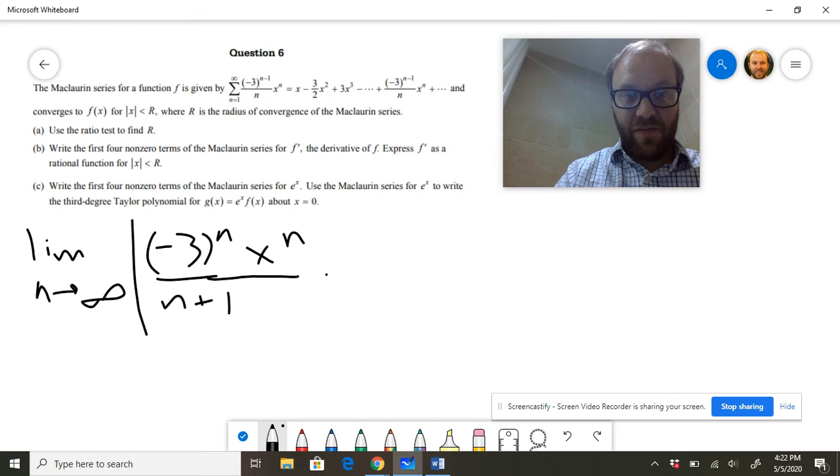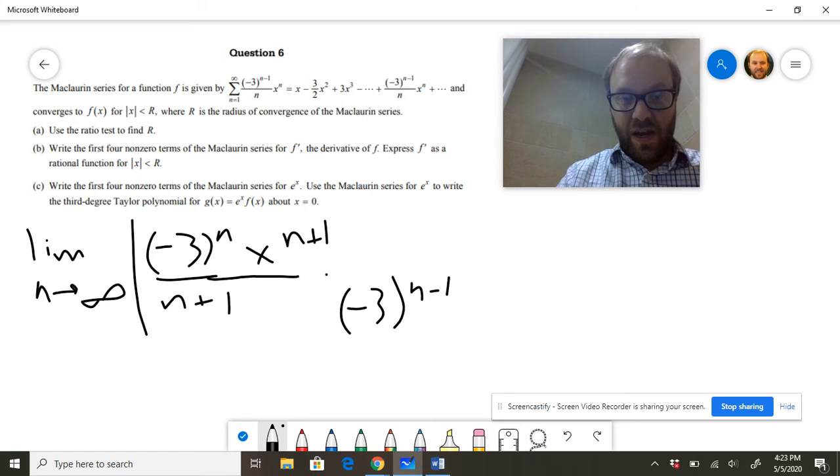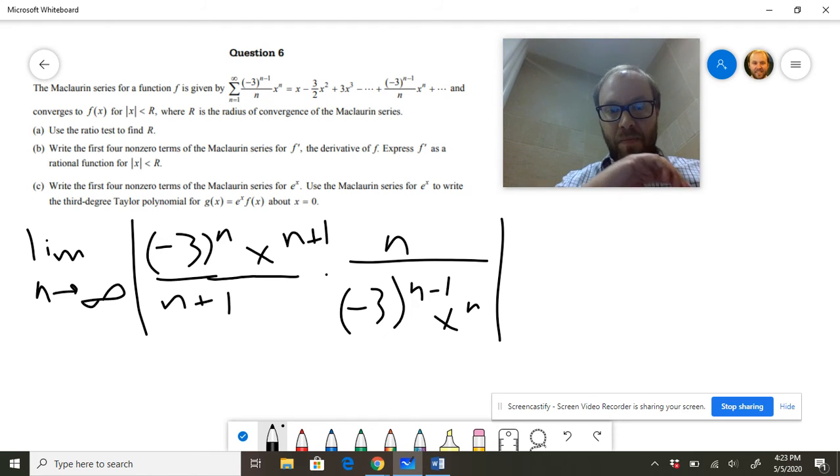So we're going to have a negative 3 to the n minus 1. We are going to have an x to the, oh, I'm sorry, this should have been x to the n plus 1 up here. And then this should have been an x to the n. And then we're going to have just a regular n here. Okay, if you simplify,